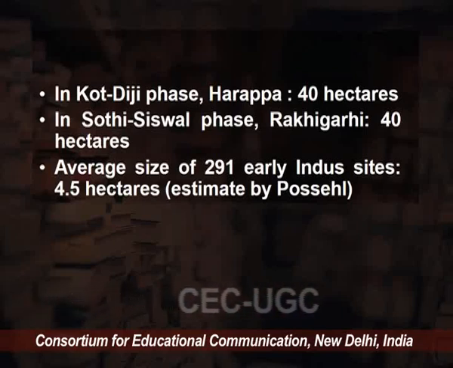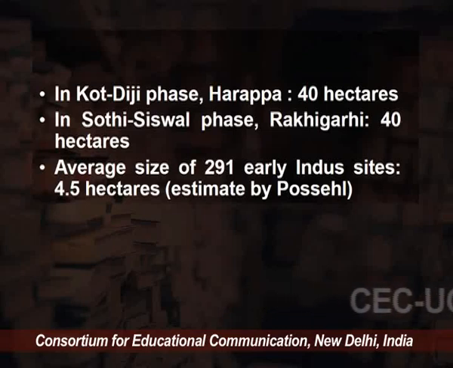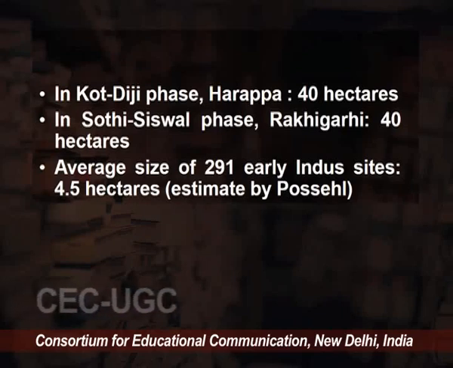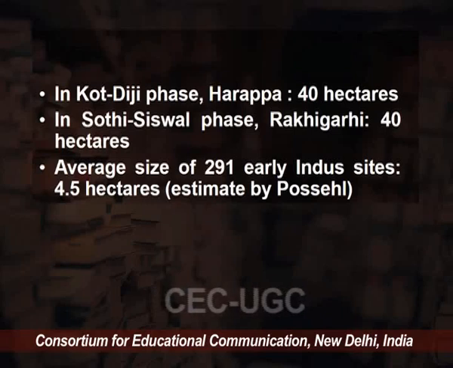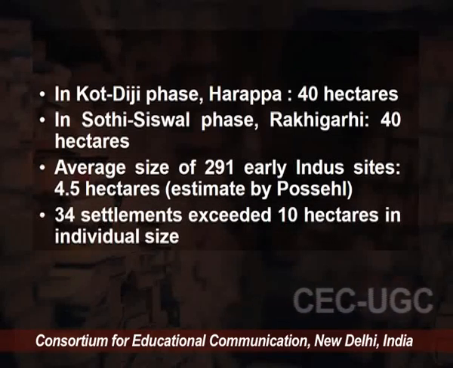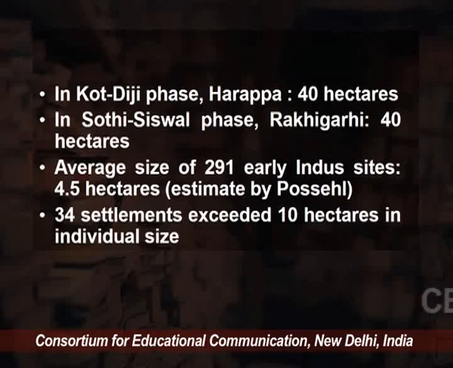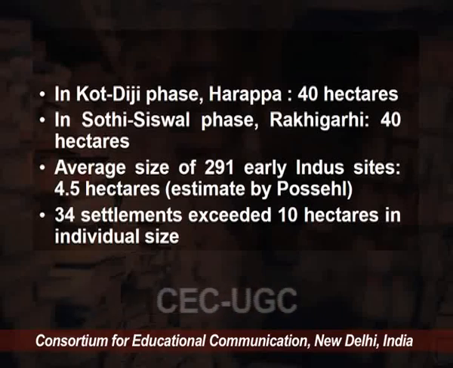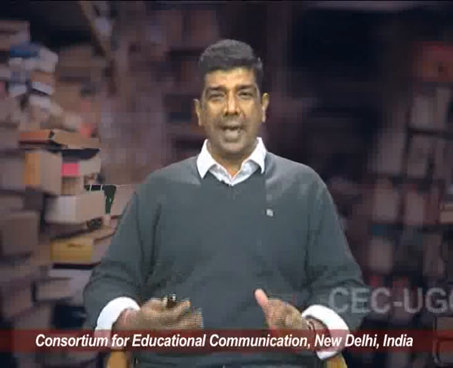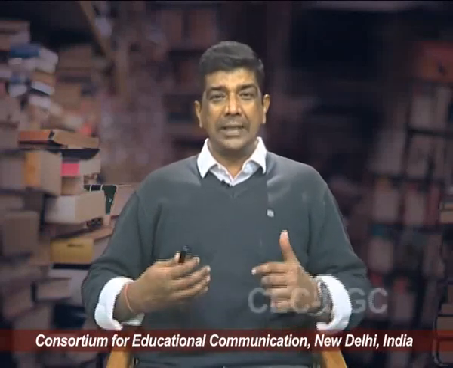So that is the average size of 4.5 hectares that we have of several early Indus sites. And what is noteworthy is that 34 settlements exceeded 10 hectares in individual size. So what does it say? That there is a great degree of heterogeneity in terms of site size already happening in the early Harappan Neolithic phase, and this is symptomatic of the critical process of economic and social differentiation that is